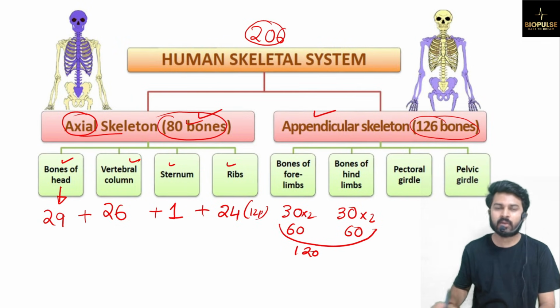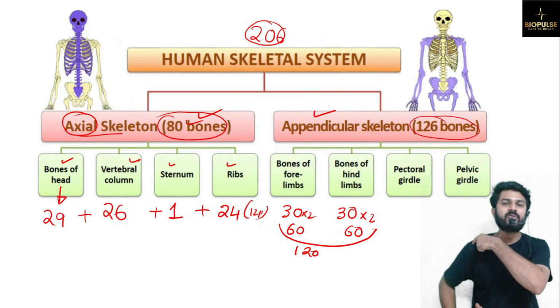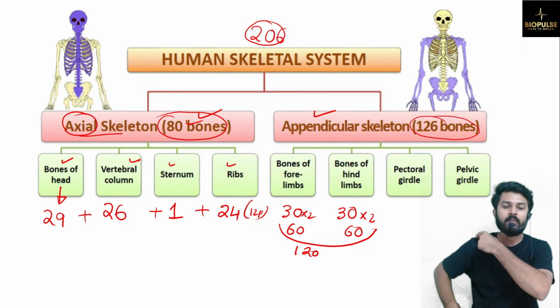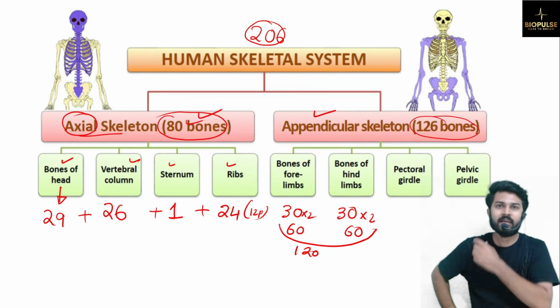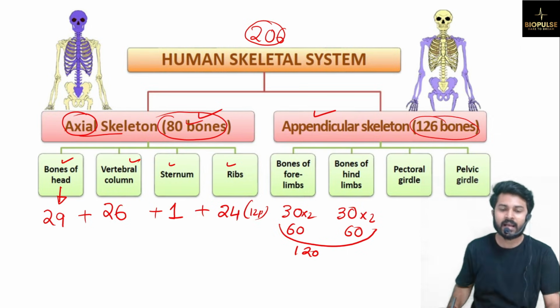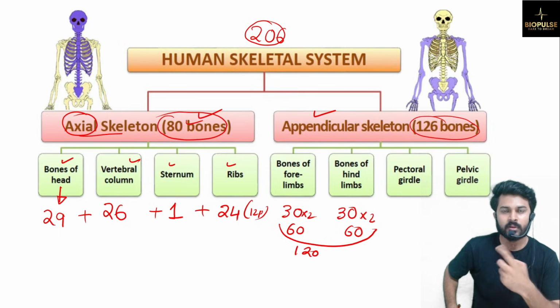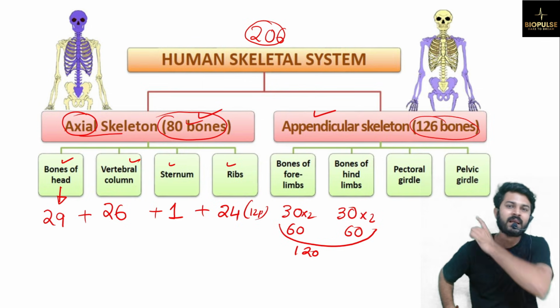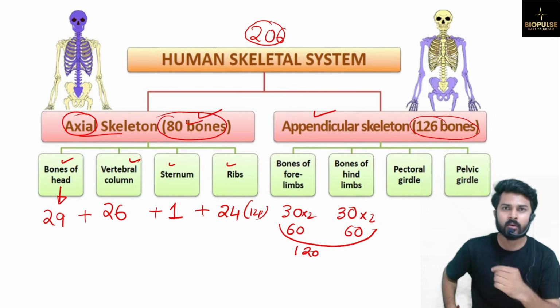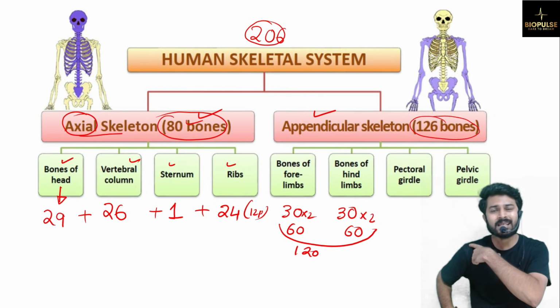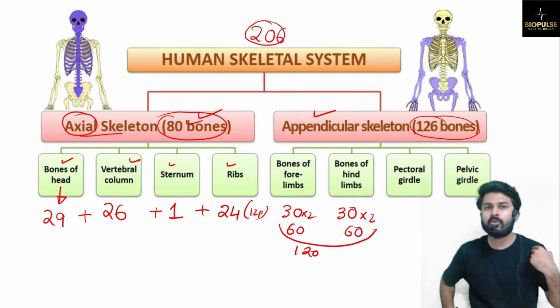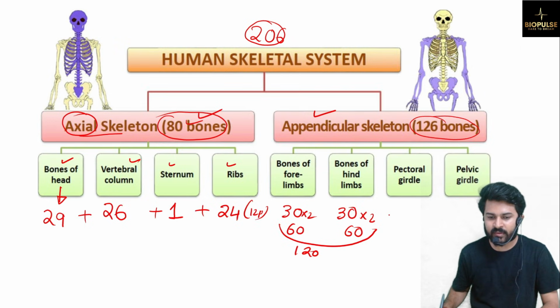Now pectoral girdle. What is pectoral girdle? I will show you that. Here the joining part of the limbs will be called the pectoral girdle. It will have some bones. How many bones? In each half of the pectoral girdle, two bones will be present. One here and one on the backside. I will tell you after some time. Now you tell me total bones. In each half, if two bones are there, we have two halves. So how many bones will be present?